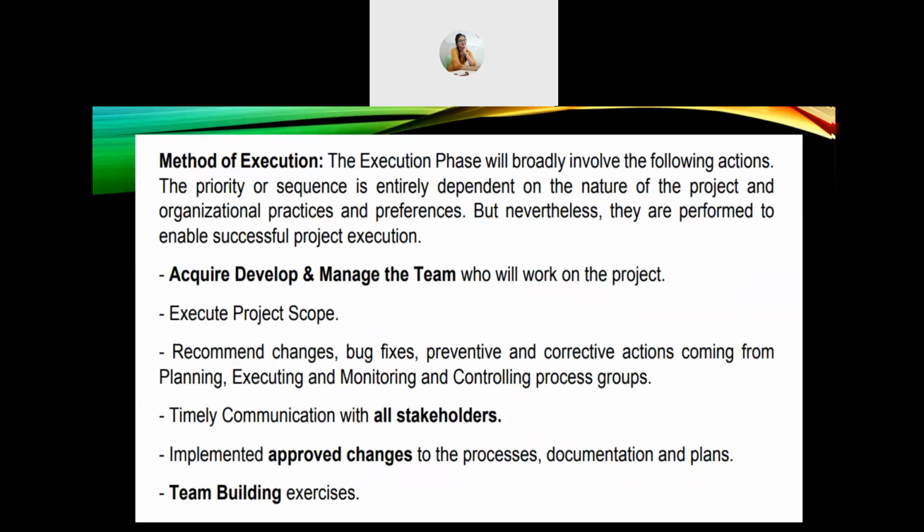Next, method of execution. The execution phase will broadly involve the following actions. The priority or sequence is entirely dependent on the nature of the project and organizational practices and preferences, but nevertheless they are performed to enable successful project execution. Acquire, develop, and manage the team who will work on the project, execute project scope,